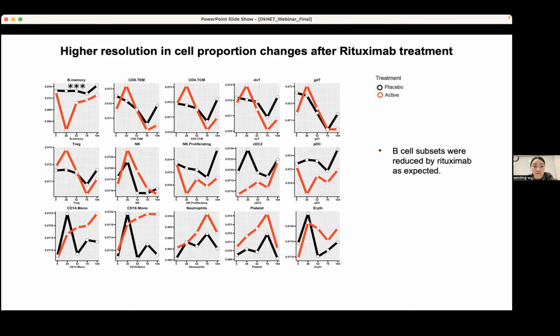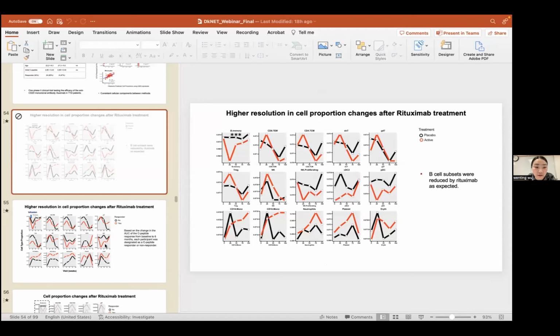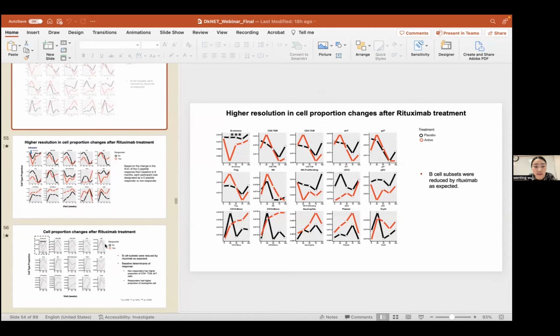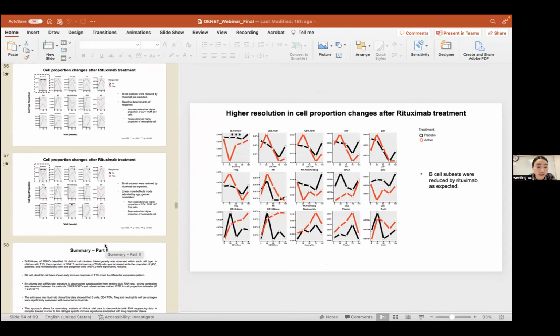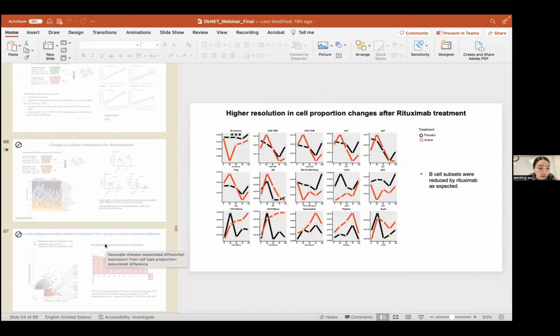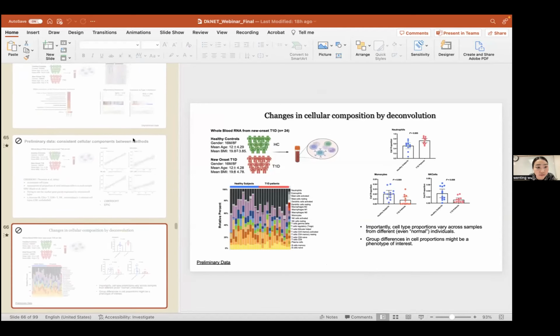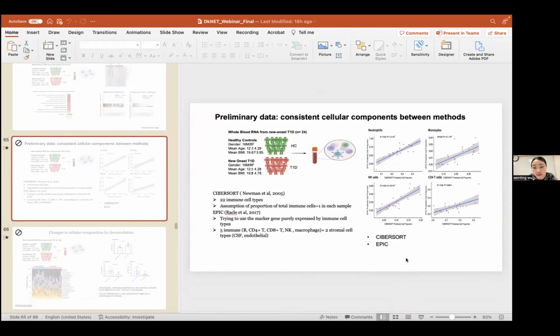We also want to include another reference-free method like ICTD to run simultaneously, because the reference-free method will be more tolerant of the sample differential distribution issue for the deconvolution method. So we first chose those two, ICTD and CIBERSORT, to run in the first run, and with some preliminary analysis, we have done one deconvolution analysis